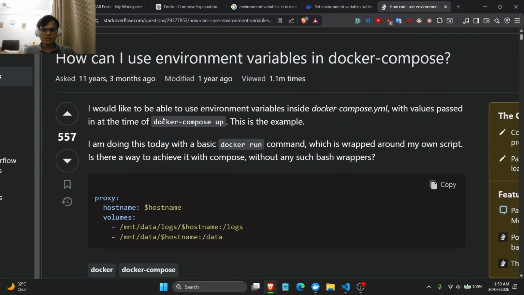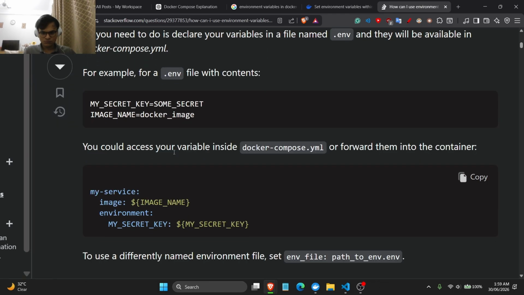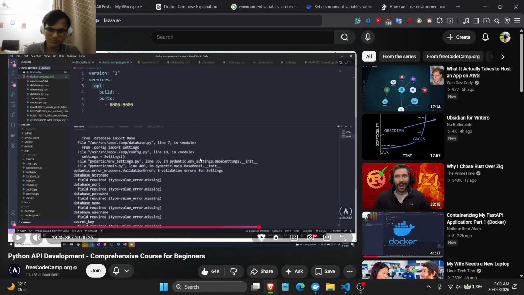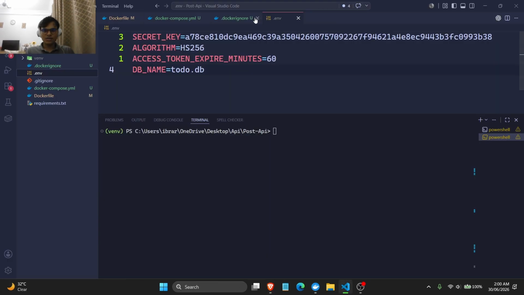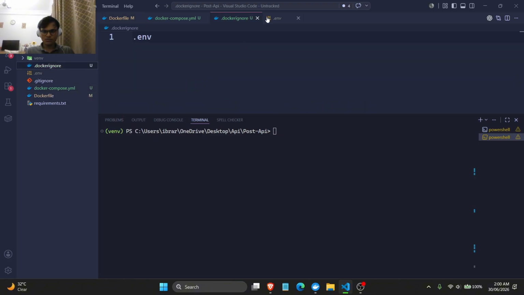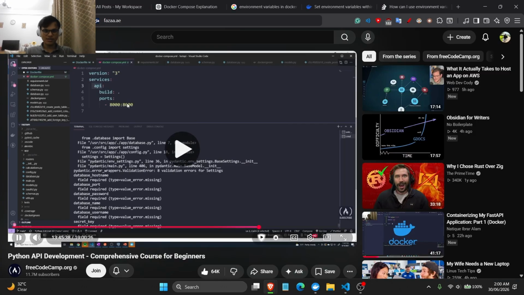How can I do compose? Okay, so not necessarily something, but yeah, if I do that, that's gonna create certain issues. But Docker ignore, that is interesting. You know what, I'll delete this for now, but yeah, that is a good thing. How do we do that, because I don't want anyone to get hang of my